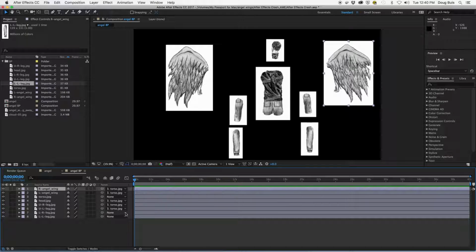But the lower legs actually attach to the upper part of the same leg. So the lower right leg will attach to the upper right leg, and the lower left leg, of course, to the upper left leg. There you go. So now everything's attached. Now what you want to do is actually color key each of these so that we